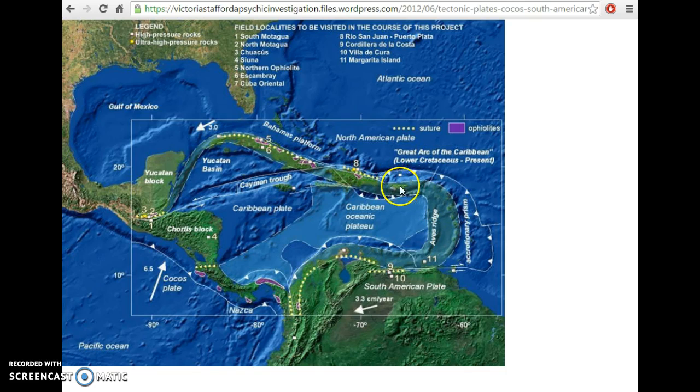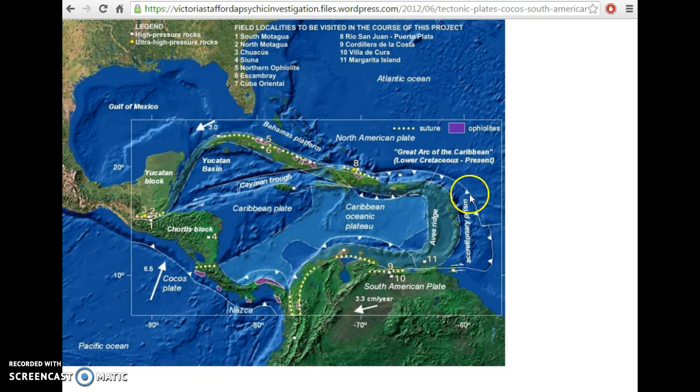So here's your Cuba, and you've got the Dominican Republic, here's Puerto Rico, and then you've got these islands that kind of shape down like this. These are your Lesser Antilles. Dominica is right about in here, at least as far as I can tell, because the Aves Ridge label is right over where some of these little bumps are. I can't tell exactly which is Dominica because of this word, but in any event,